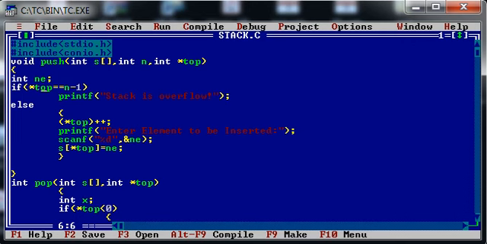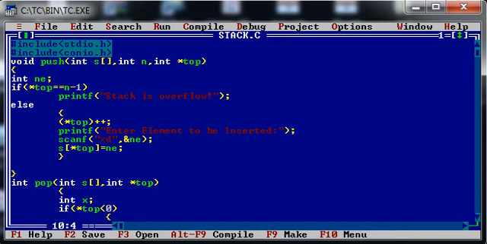When can I say my stack is overflowing? Let's say the size of my stack is 5. It means it can store only 5 elements, from index 0 to 4. So if the size of my stack is 5, then n contains 5. The maximum position I can store an element to is the 4th, that is 5 minus 1. That is why top equals n minus 1 will become the overflow condition for this program. And as I told you earlier, the third parameter, the top pointer, I am passing as a reference. So I have used a pointer here, and for accessing the top pointer, I have to write the pointer symbol in front of top.